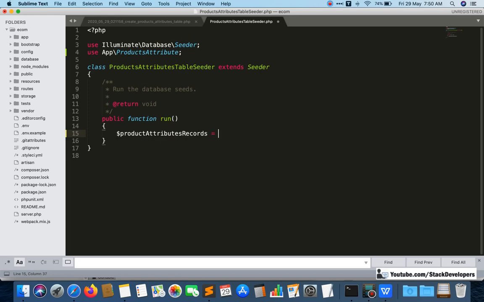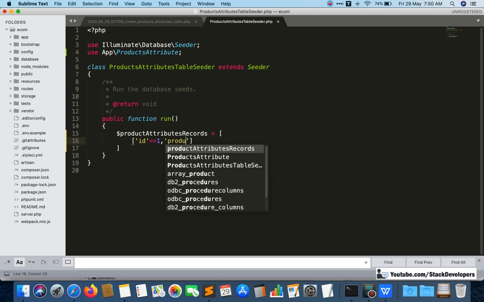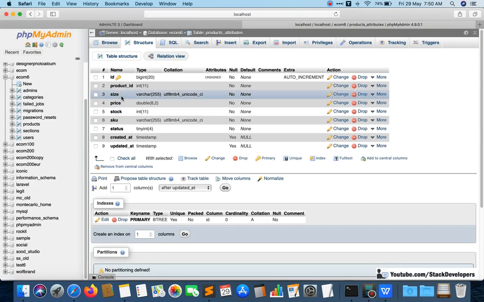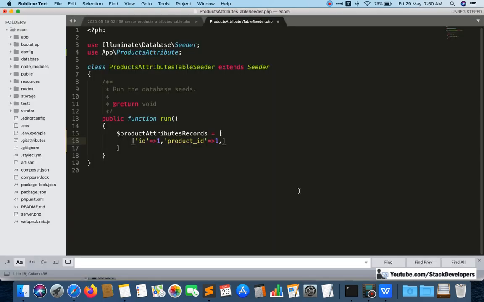Okay, here we are going to take id 1. Now product id is also 1, product_id, so 1. After that, what we need to insert, check in our table: size, price, stock and SKU.